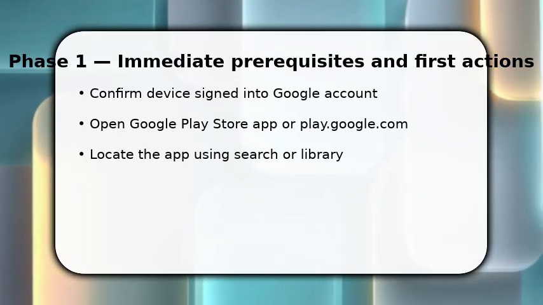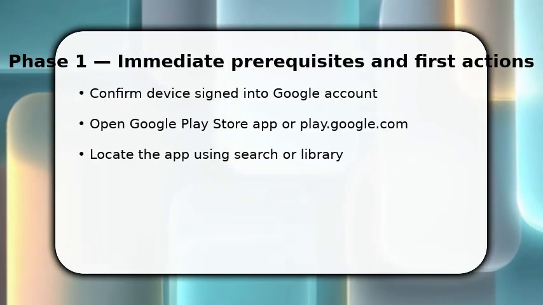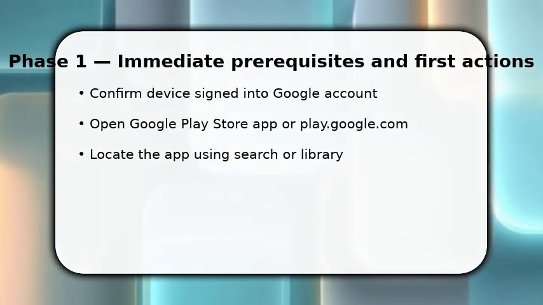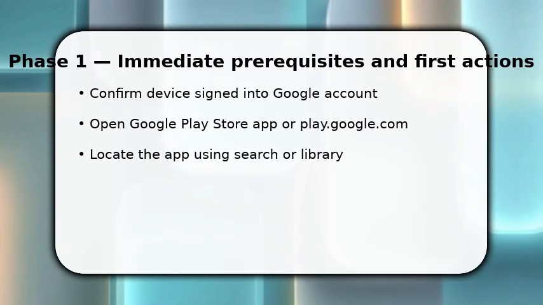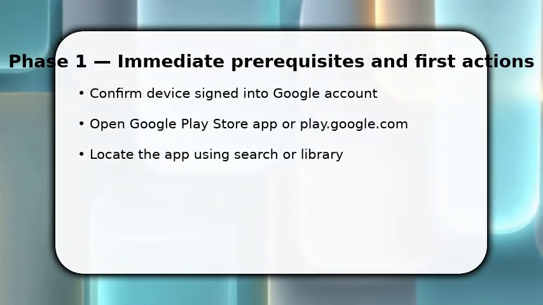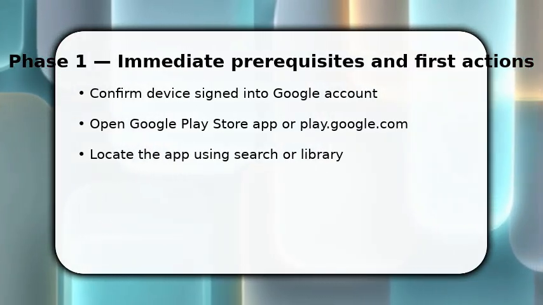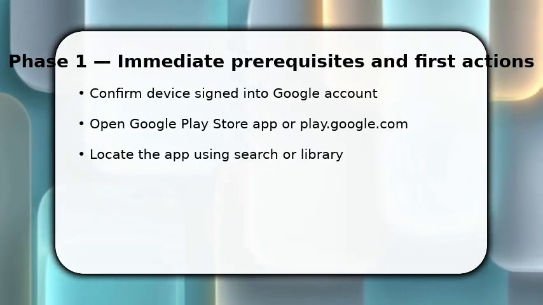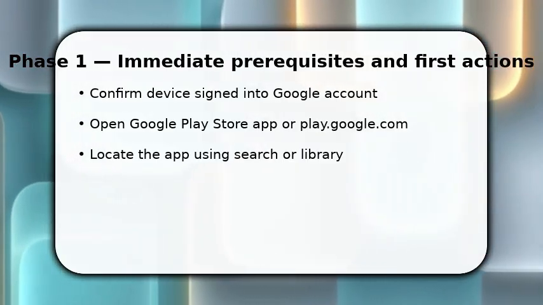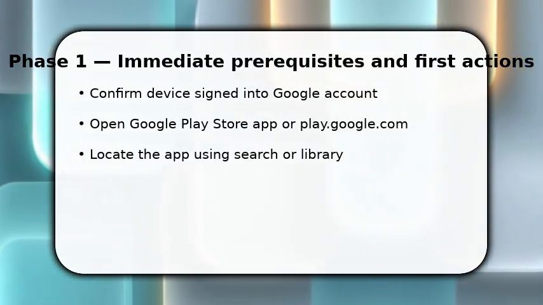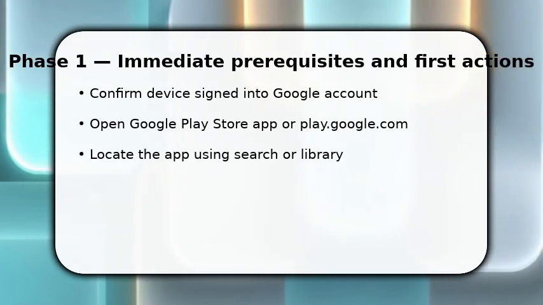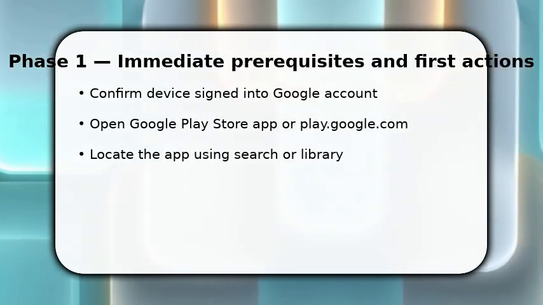You start by making sure your device is signed into the Google account you want to share from. This affects install behavior. Once signed in, open the Play Store app or visit play.google.com on a browser. Next, search for the app by name or tap your library if it's already installed. This puts you directly on the app's detail page, which is the source of the share link you will copy